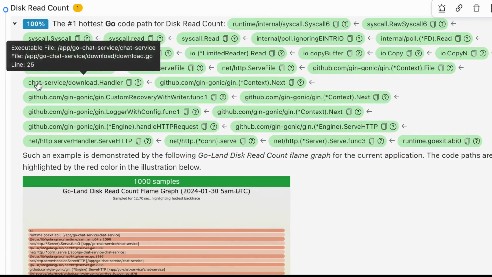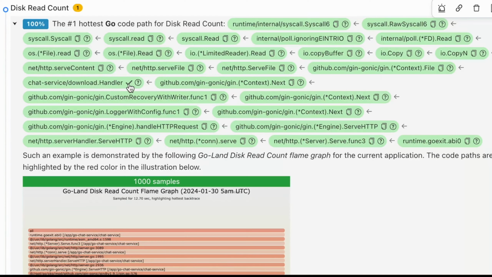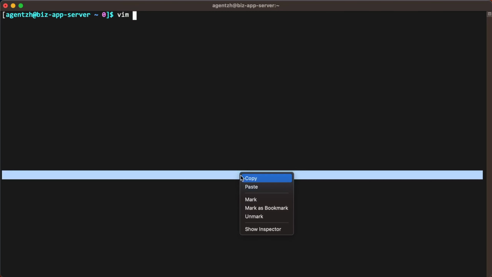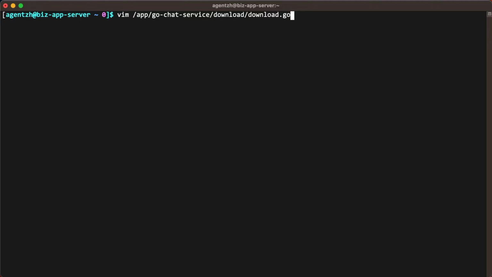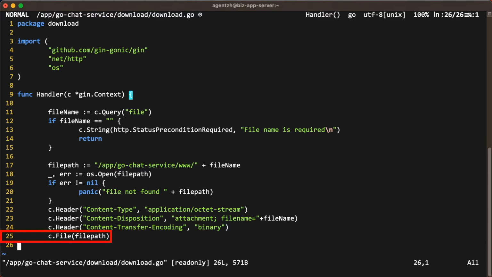Hover the mouse over the green box for this function. We can see its source file and the full path for this file in the tooltip. The source line number is 25. Click the icon to copy the full Go source file path for this function. Use the Vim editor to open the source file, and look at the Golang code in this file. You can use any editors you like. Check line 25, as OpenResty X-Ray suggested. This function sends the file content to the client as an HTTP response. We suggest using a web server such as Nginx to serve these static files instead of a Go application. You can see that this source line is inside the handler function, as shown in the report.